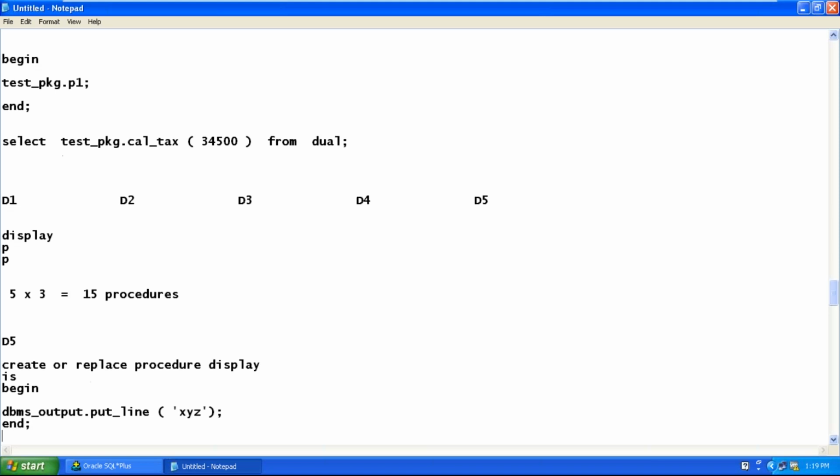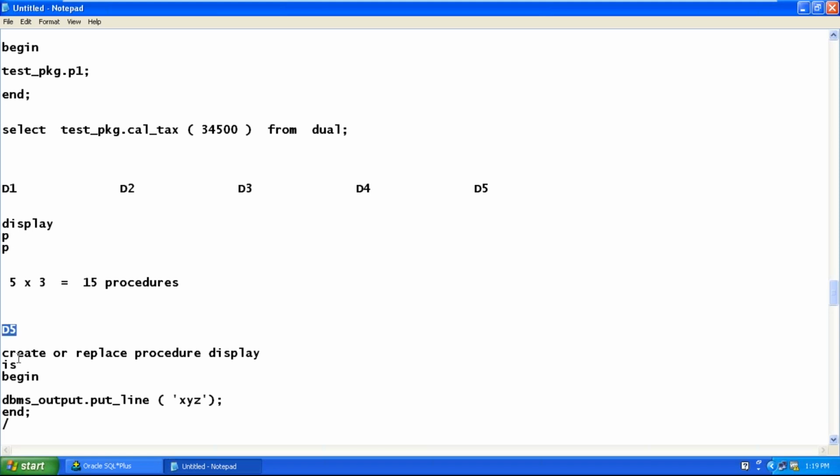This is the code written by the D5 developer. What happens when you write create or replace? There is already a procedure display created by D1. What will happen to it? It is replaced with the display procedure created by D5. It will overwrite. It gets overwritten. So D1's code is lost.